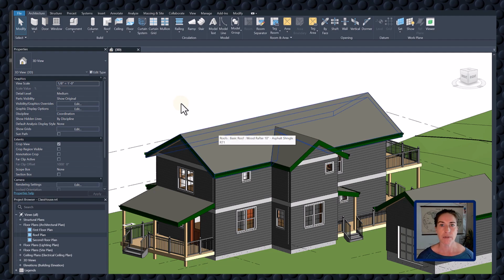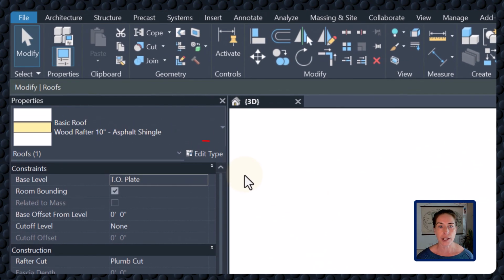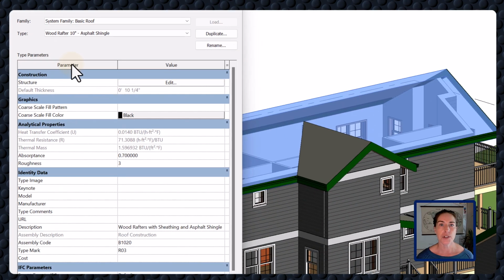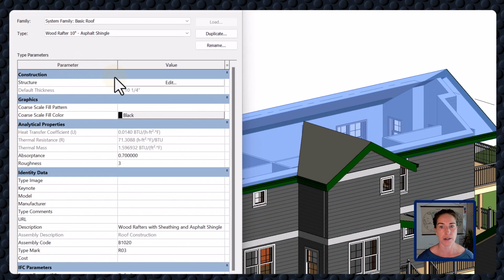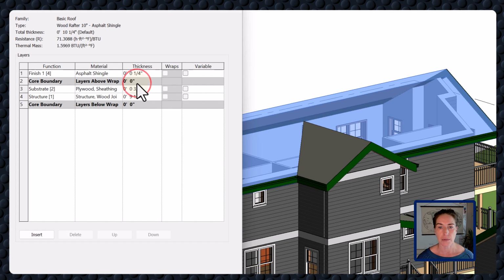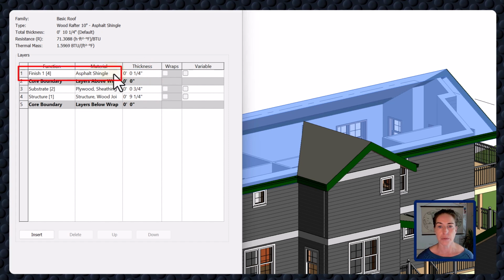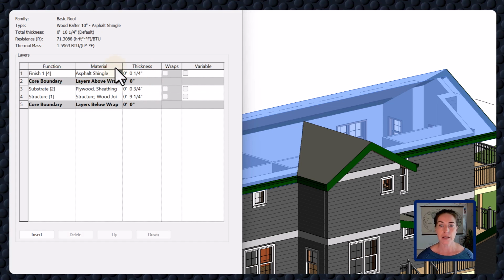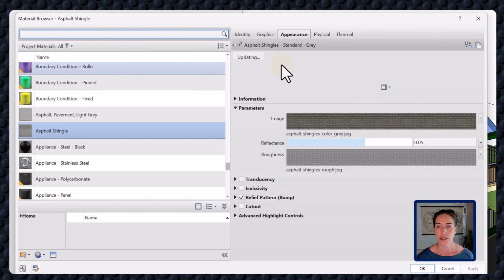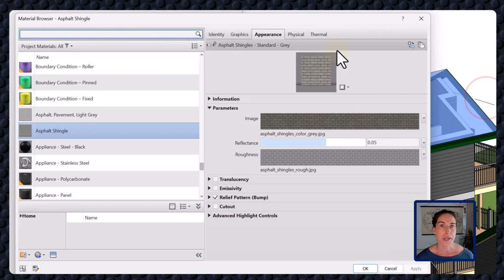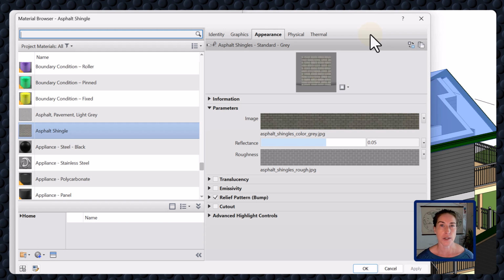The easiest way I find to do that is to click on the roof and go to Edit Type. This will ensure you're working with the exact material that you'd like. Under the Structure tab, you can say Edit and find the material being used for the finished layer. I can click the three dots and my material browser will pop up. Because we're working on our exterior elevations, we want to make sure we have a pattern for our shingles in